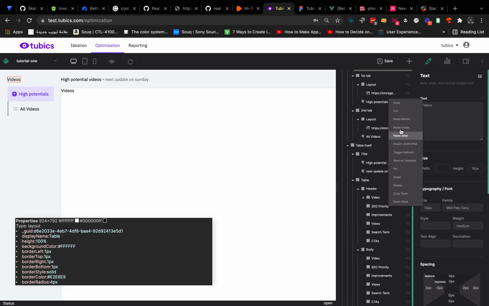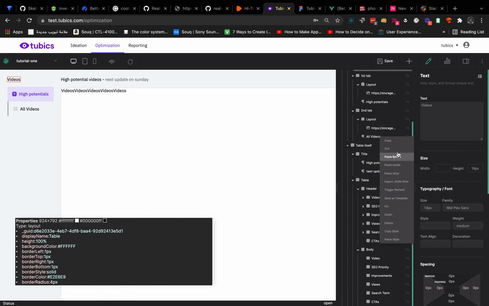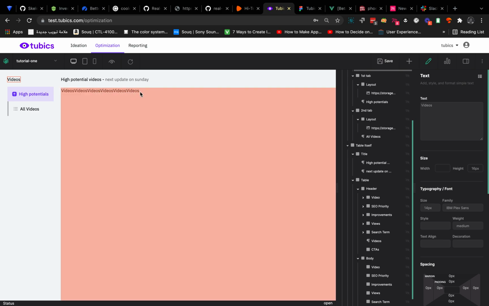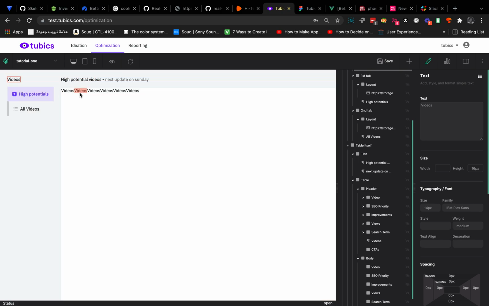Paste inside, paste inside, paste inside, paste inside, paste inside. Yeah, now you can see they are basically sticking to each other without any spacing between them,